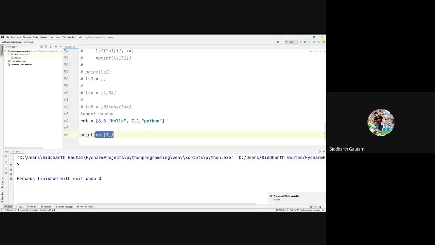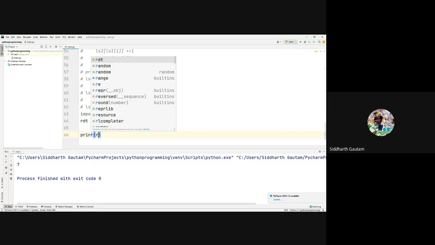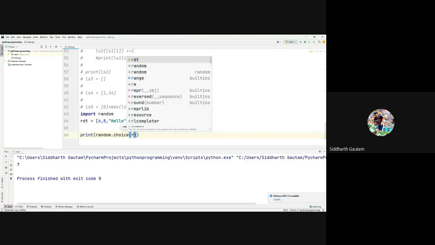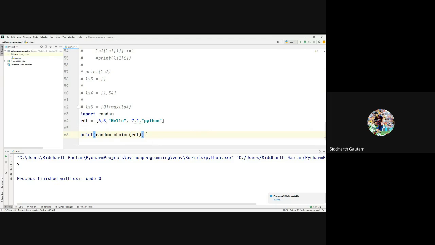So I will write print random dot choice, and inside brackets I will write RDT. Try to understand the sequence: random dot choice means we are trying to choose something at random from this list RDT.